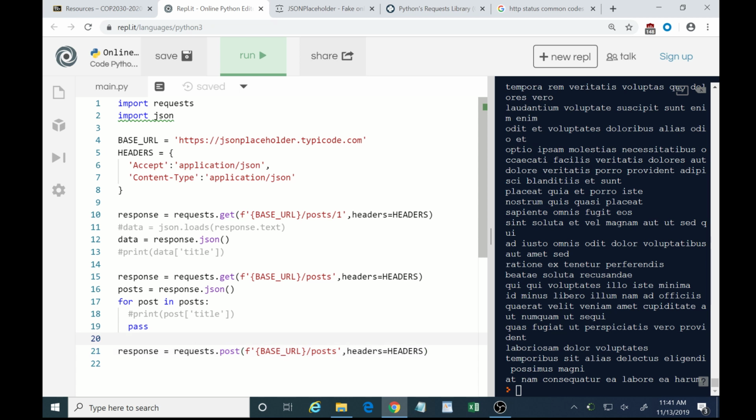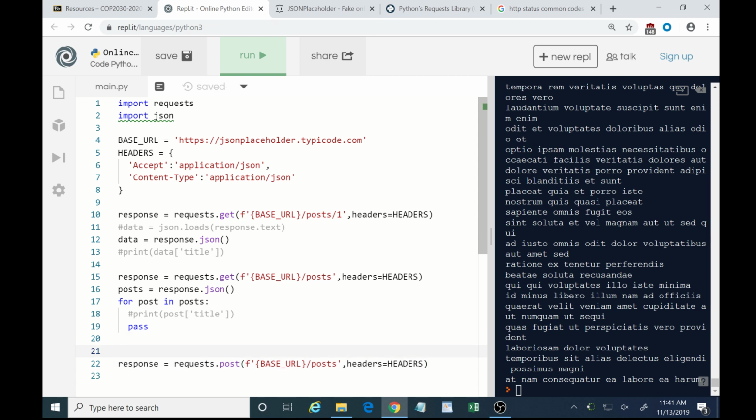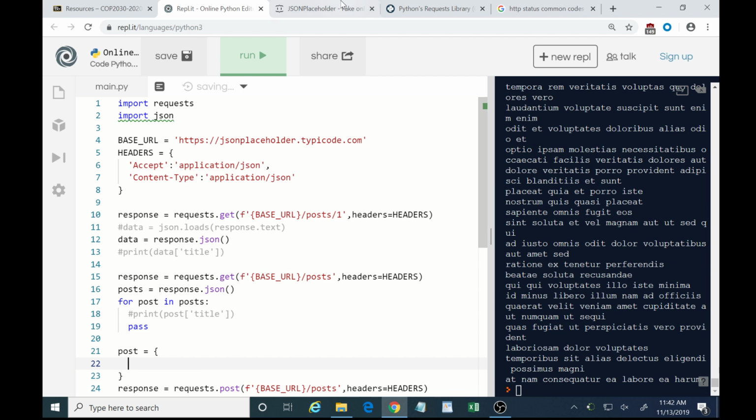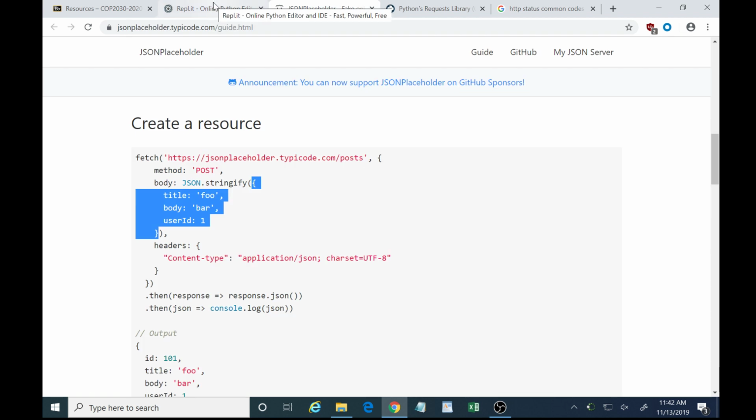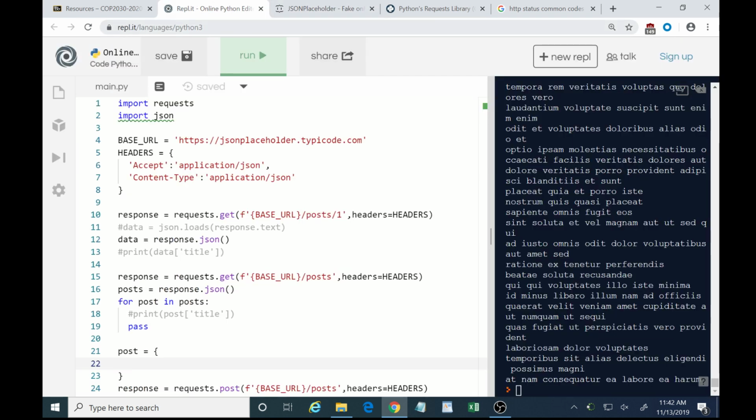So we're going to do that, but just above it, we have to say, what are we going to be sending? Remember we said JSON equals something? So let's say that our blog posting is going to equal, oops. We can do it by hand, I guess. So what did we need? We needed a title, body, and user ID. Okay, so we'll say that the title is hello. Body